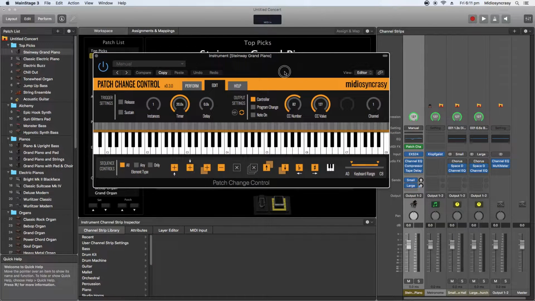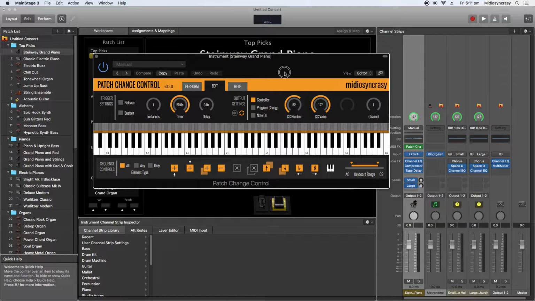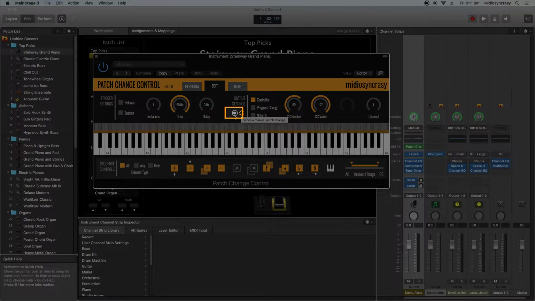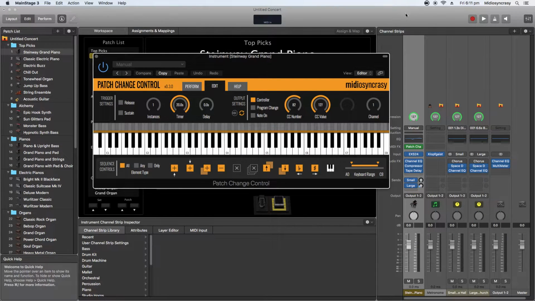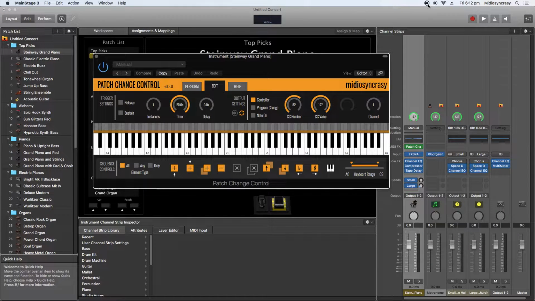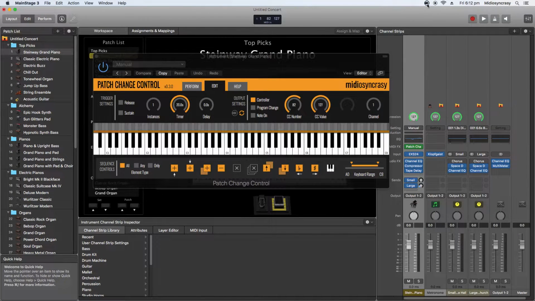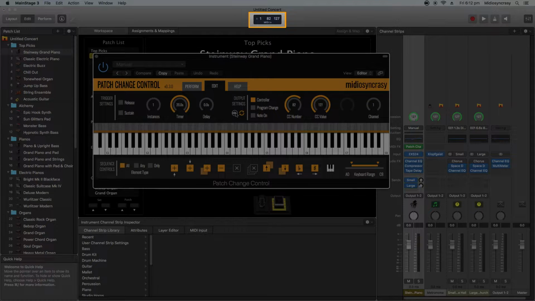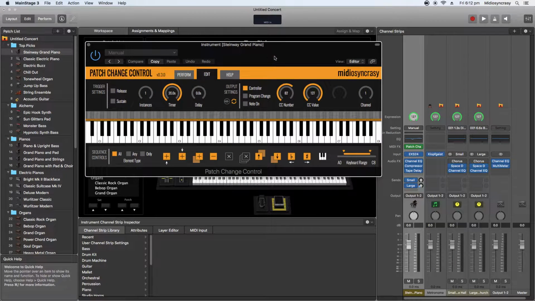Now, the very first thing that we would like to show you about this are the manual patch change buttons. There's one in the plugin window right there, and there's one up the very top of the screen in the system tray, that little icon there. If we press one of these, we can see that there's some MIDI information coming into MainStage, which we can see in the MIDI monitor at the top of the screen. Patch change control is all about automatic patch changes, but these manual patch changing buttons are very important, and I'll